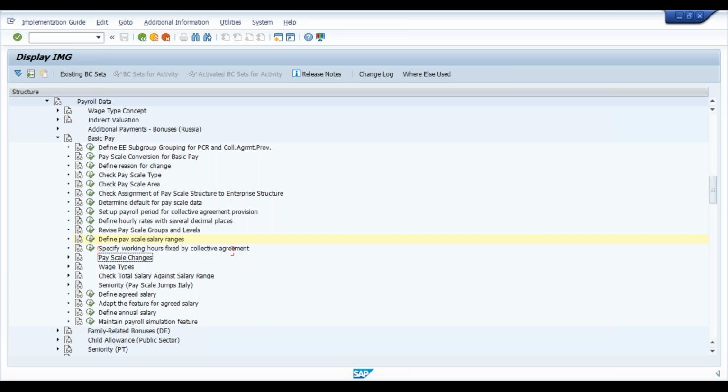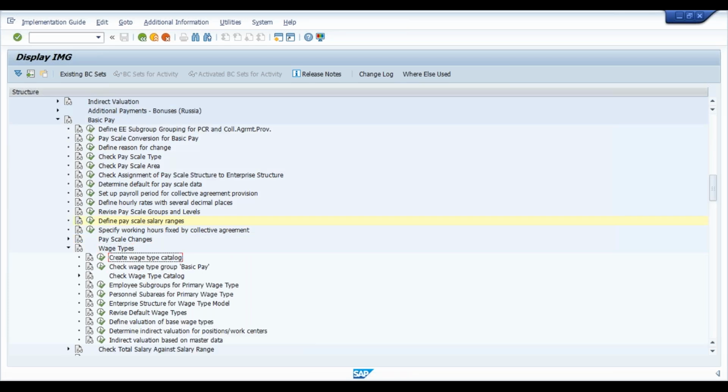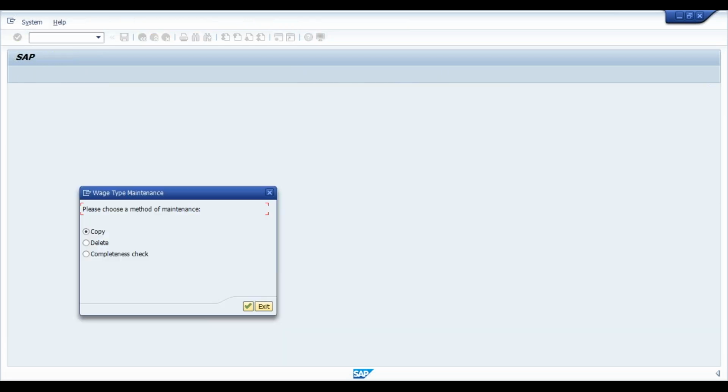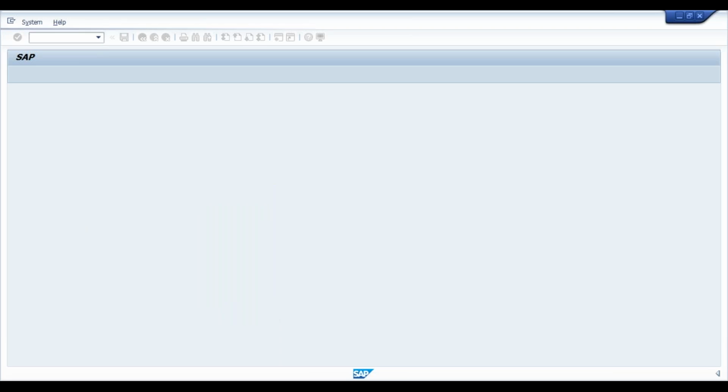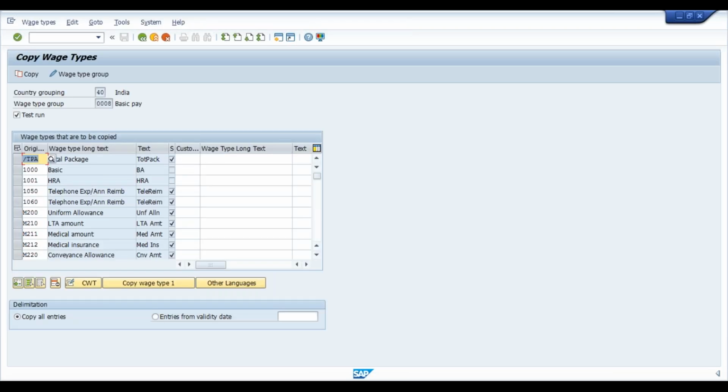Now the next configuration is related to wage type. In wage type, you have to create a wage type catalog first. So let me show you how it will look. You will get this kind of pop-up screen. First, you have to select copy, which is already selected here, and click on continue. So you will get this kind of screen related to wage type,